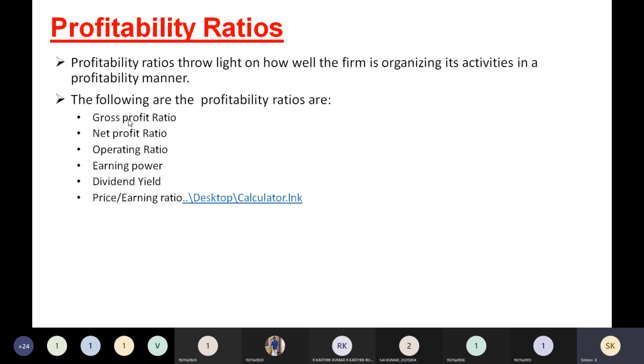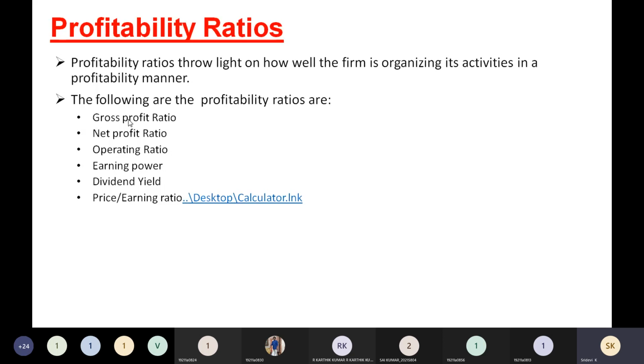And net profit will be obtained by deducting all the administrative and selling related expenses, those who are indirectly involved in selling your product. So all those expenses will be deducted from the gross profit, then you will get this net profit. As with gross salary and net salary, in the same manner gross profit and net profit are used here.